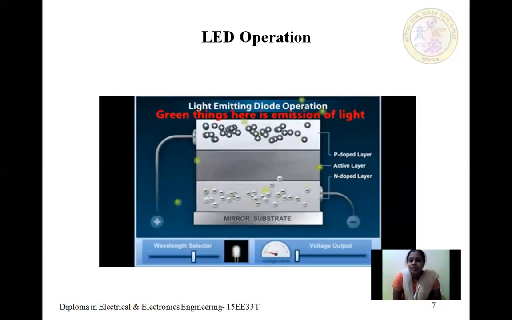Next, we'll be having an LED operation here. How this LED works. So in this LED operation, you can see here, when the LED is forward